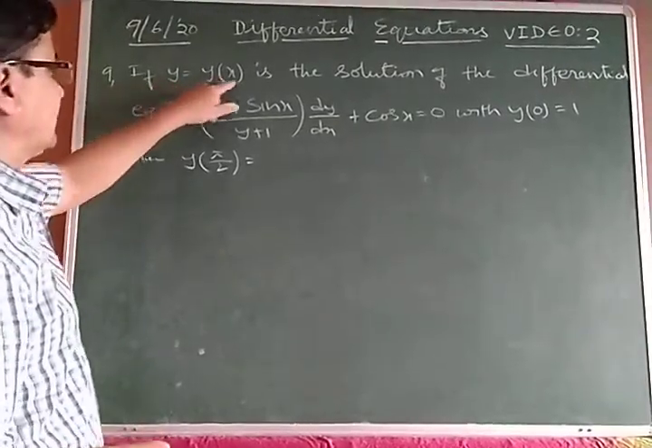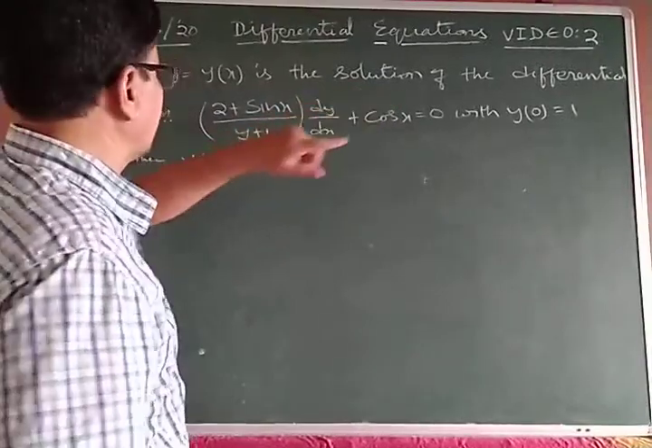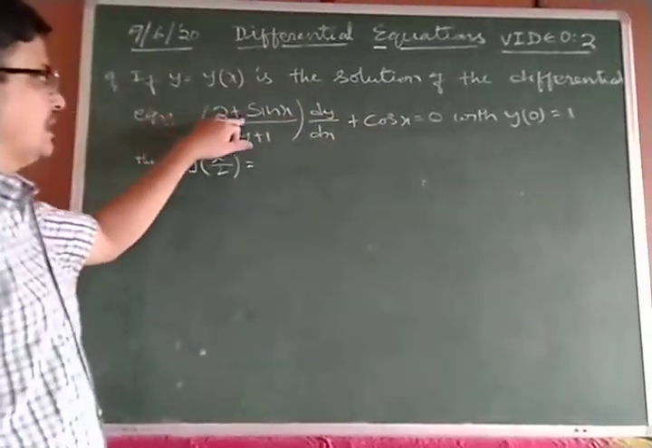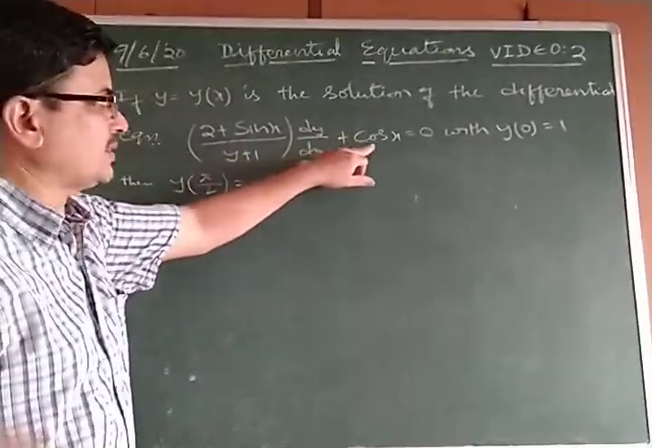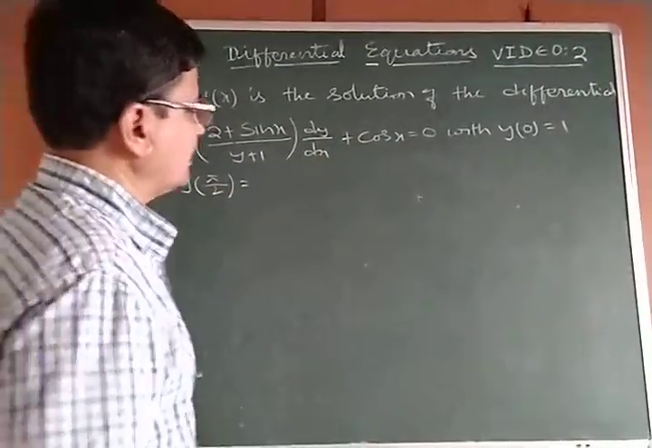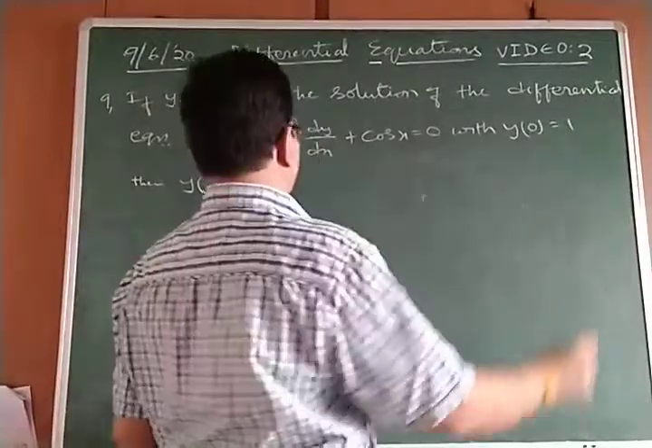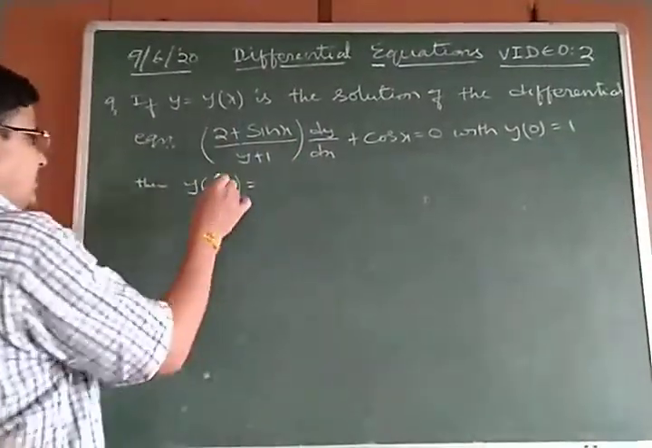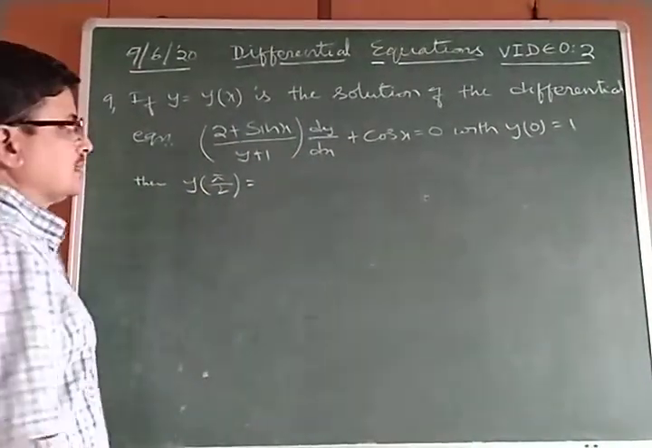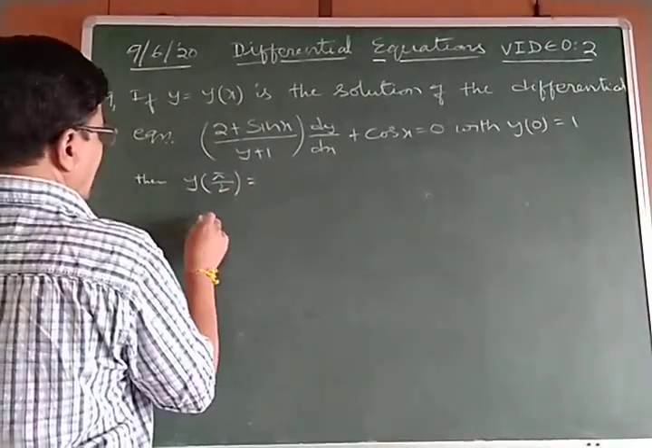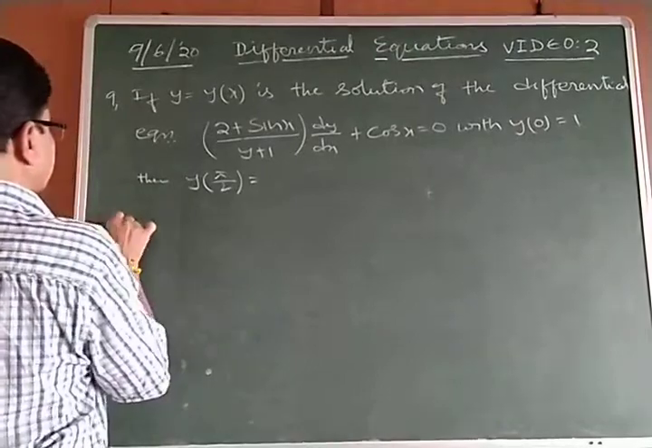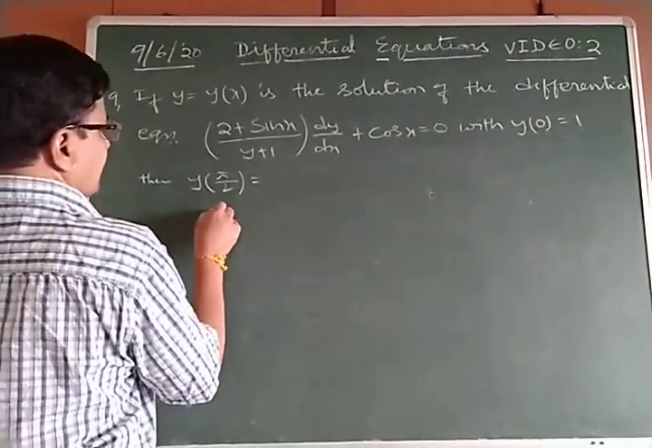If y is equal to f of x is the solution of the differential equation 2 plus sin x by y plus 1 into dy by dx plus cos x is equal to 0 with y of 0 is equal to 1, then y of pi by 2 is. So here we write this one as, answer is 1 by